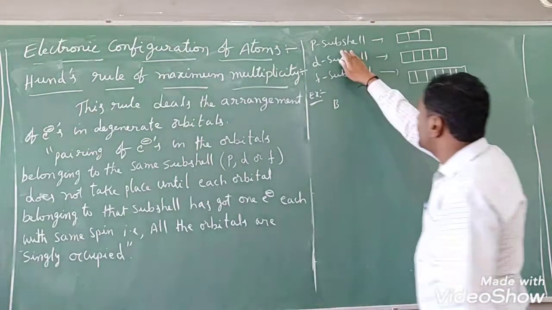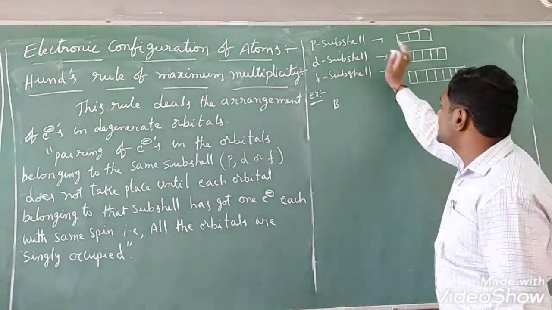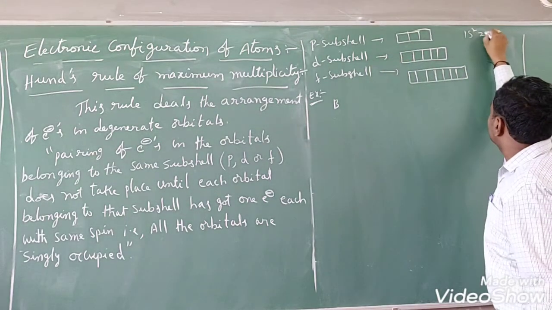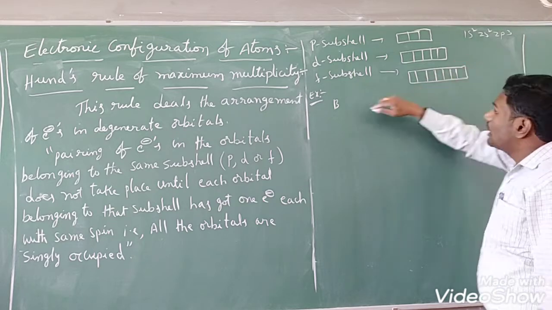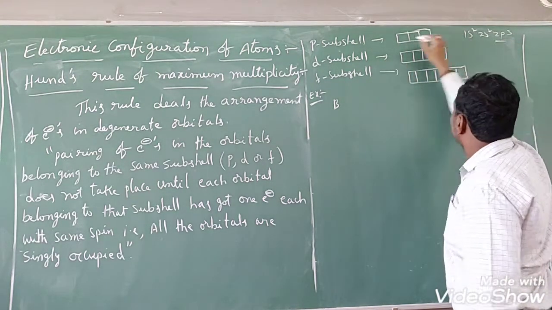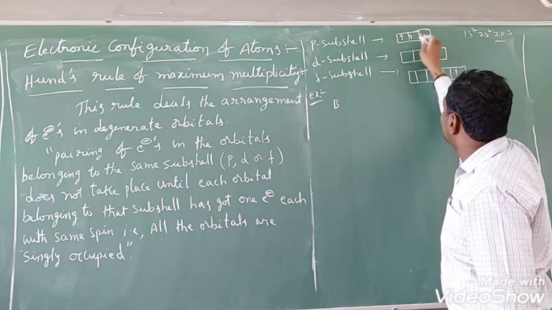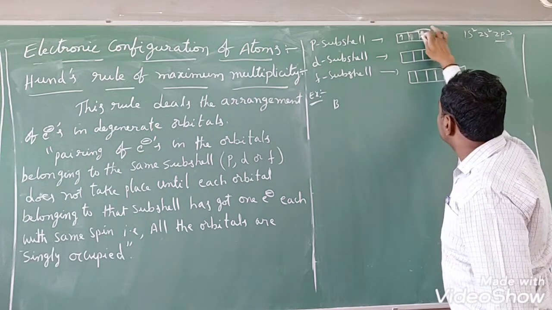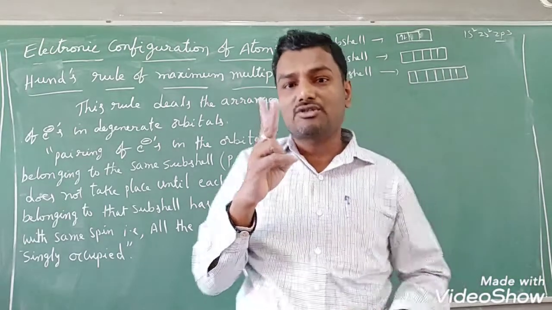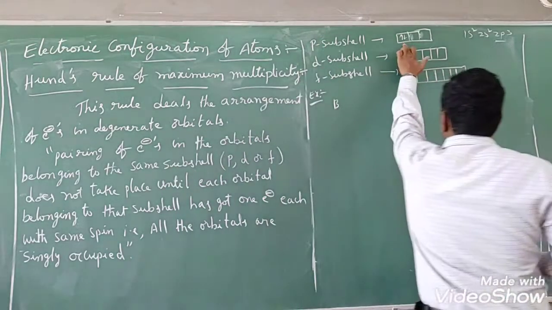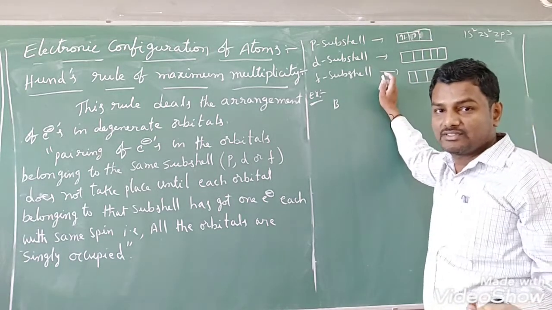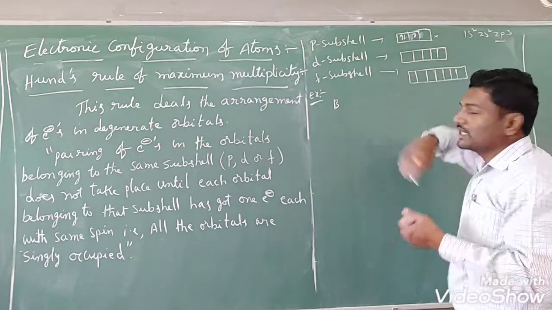Suppose you are going to enter the electrons in the p subshell. Suppose 1s2, 2s2, 2p3 is there. How will you enter these electrons? In 2p3, there are 3 electrons, so we can enter them like this, 1 electron each. But some of the students may enter them wrongly. Maximum how many electrons can we accommodate in each orbital? 2, right? I will enter 2 here and the next electron here, like that they may arrange. So this is wrong, I am telling you.